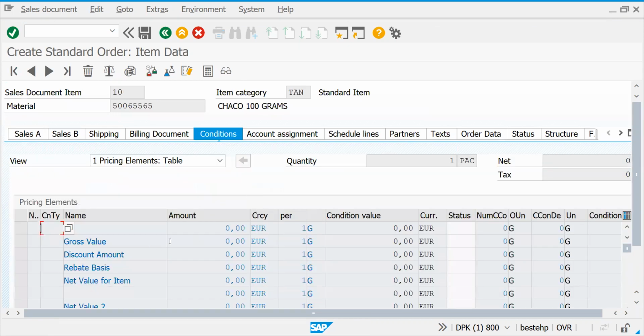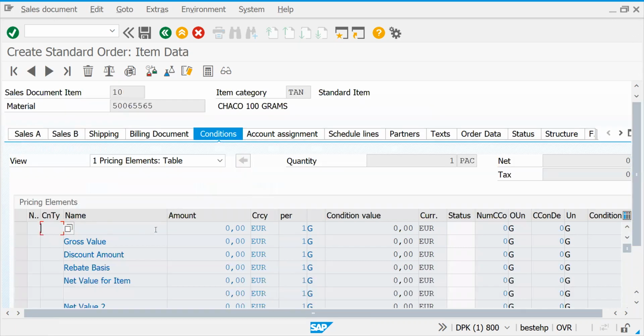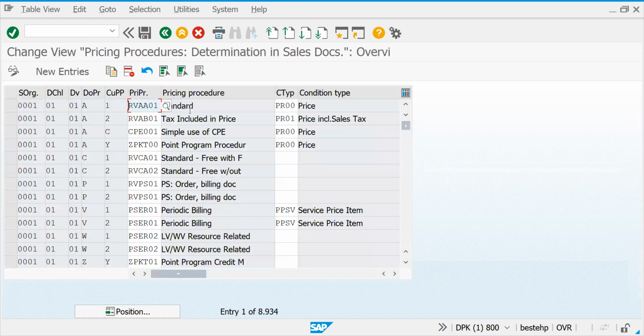This is the place where, you see, we haven't defined any prices. If your base price or a discount is held here, you call it a condition type. We'll discuss that in detail later when the pricing topic comes, but let's try to make it work. Let me go to OVKK. You have to remember this transaction. I'll put it in Excel.